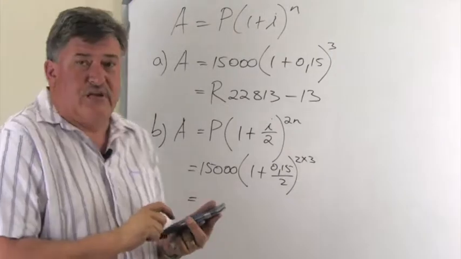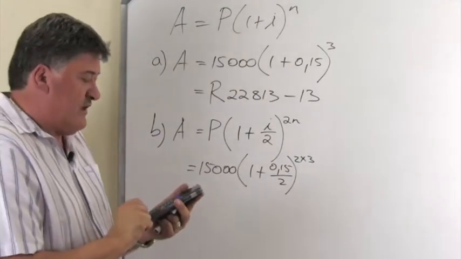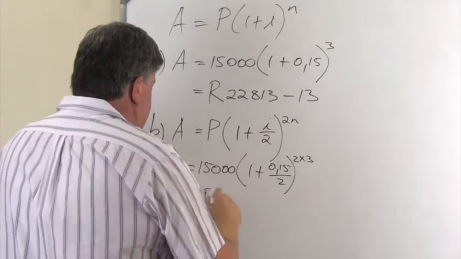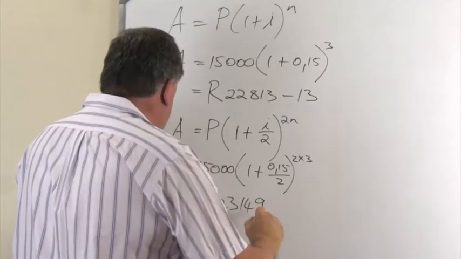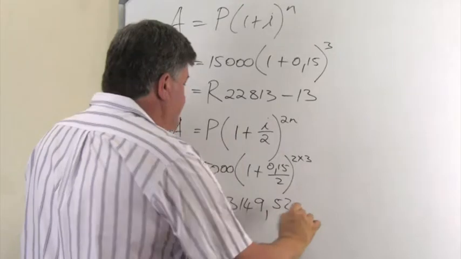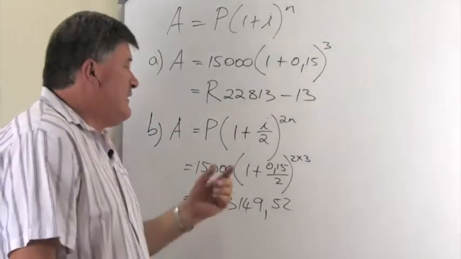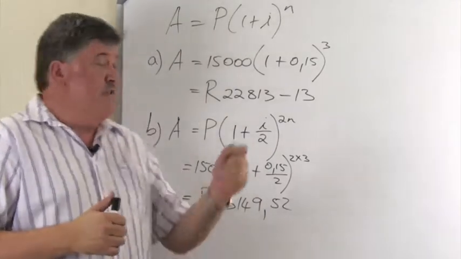And because you know 2 times 3, of course, is 6. Otherwise, you can put that multiplication also onto your calculator, doesn't matter. And now your answer is 23,149 and 52 cents. So as you now can see that the moment the compounding increase, so in the first problem,